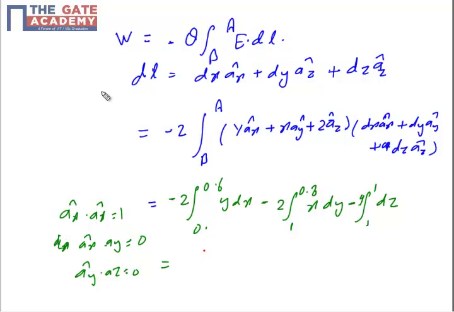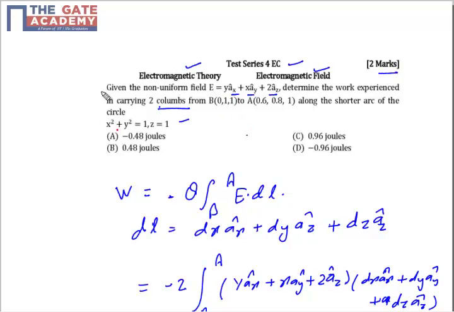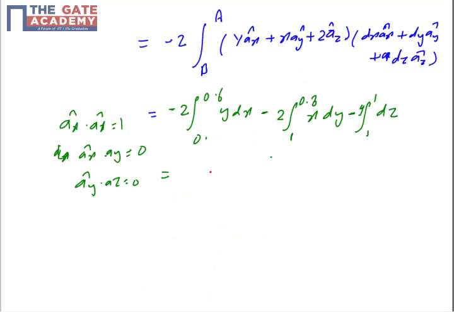Okay, now this is a simple calculation of the integral. The only thing is that we can change this y using the relation, because I am following this arc, so my x square plus y square is equal to 1. So if I want y in terms of x, I can get y equal to under root of 1 minus x square. Similarly, I can get x in terms of y as x equal to under root of 1 minus y square. So put this value of y and x here.